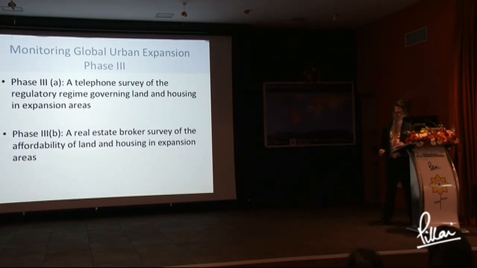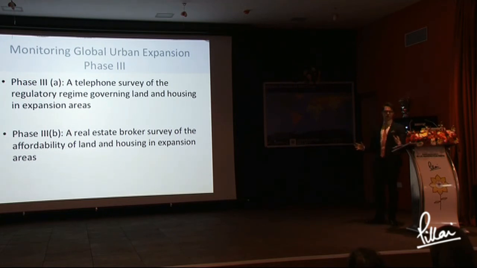In our final phase, phase 4, we want to translate all of this information that we're collecting into growth projections for the entire universe of 4,000 cities. All 4,000 cities with populations greater than 100,000. We want to be able to say how these cities will grow in the next 40 years. We want to know how much they're going to grow, and we're also building a model that will indicate to us where they're likely to grow.